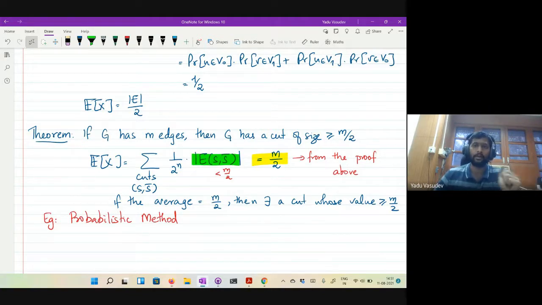The probability might be. So the expectation is just one statistic about the random variable. To fully know what happens, you need to know other things like variance and so on. How does a random variable, the value, vary around the expectation and so on? So this alone does not tell you anything about how it behaves. That's all I'm saying.